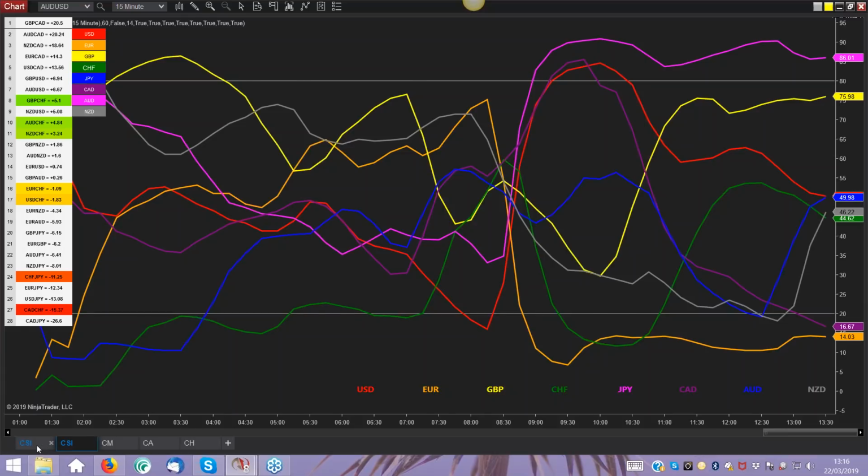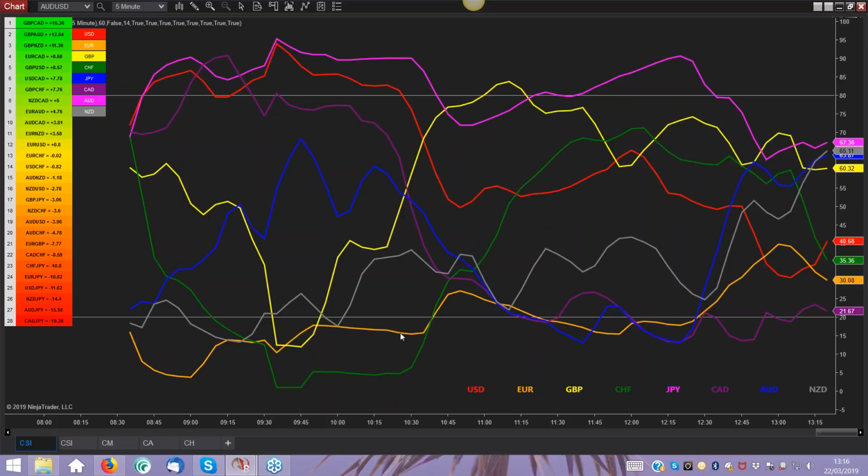We're on 15-minute here. If I drop down to 5, just wait for that to load up. And it's quite curious because you think, why am I looking at the Aussie dollar? Because on the 5-minute and 15-minute time horizon, we were actually seeing some strong buying in the Aussie. We're still seeing it. The dollar here, you can see, is starting to kick back up again. What was interesting on Anna's 60-minute CSI is that if you're looking at that from a 60-minute perspective, the Aussie dollar will be doing nothing in that and the slower timeframes because the Aussie and the dollar were moving together.